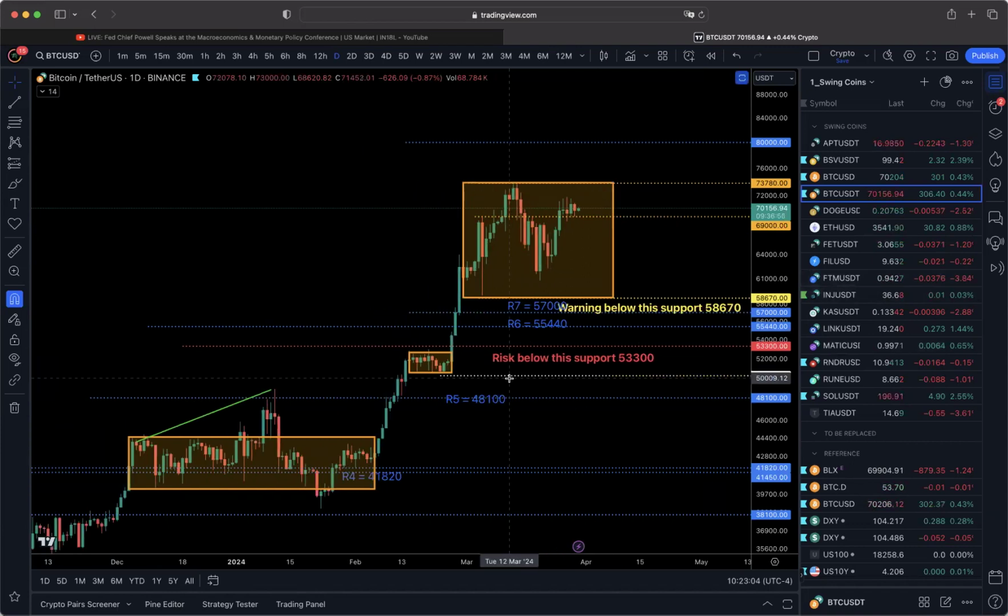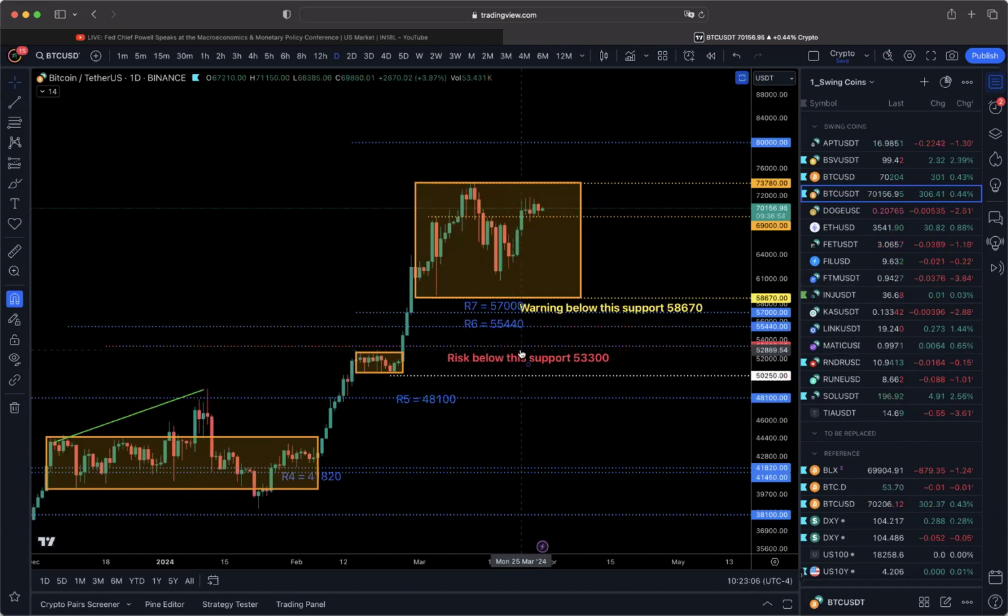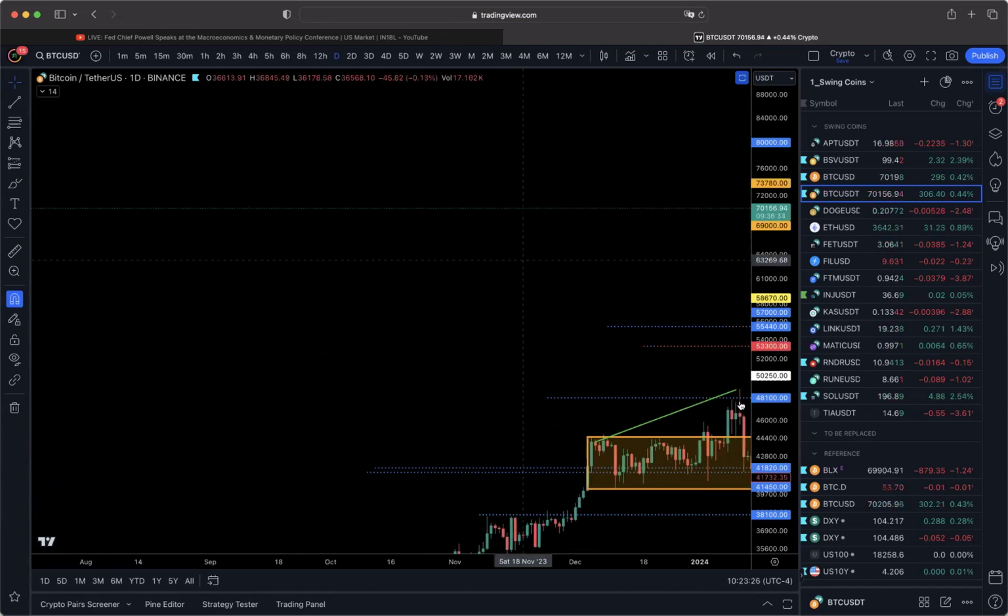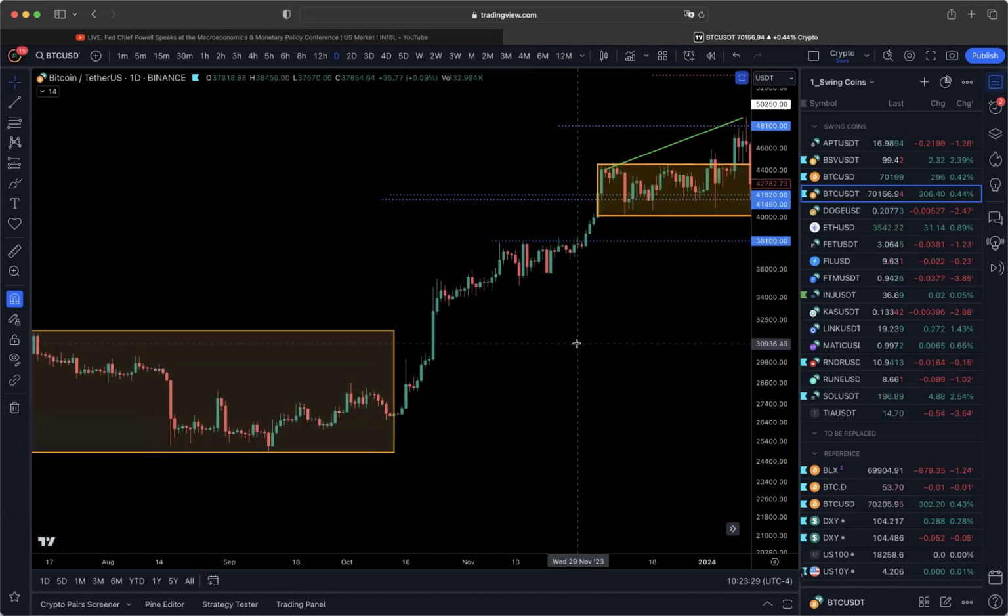So what you're going to see is that this risk level is going to go up as price goes up. And eventually, it might happen that this risk level comes closer to the warning level, okay? I'll give you an example. In the previous one,